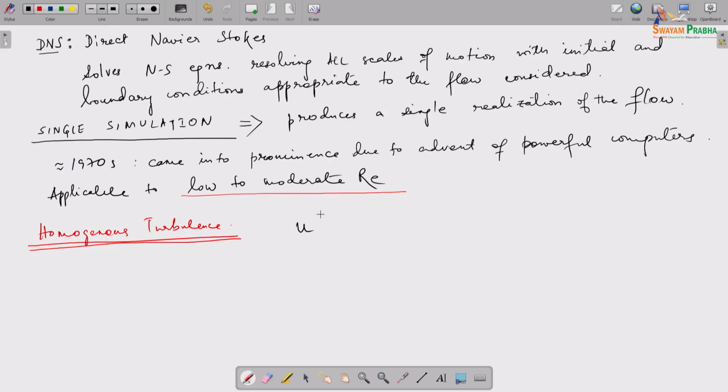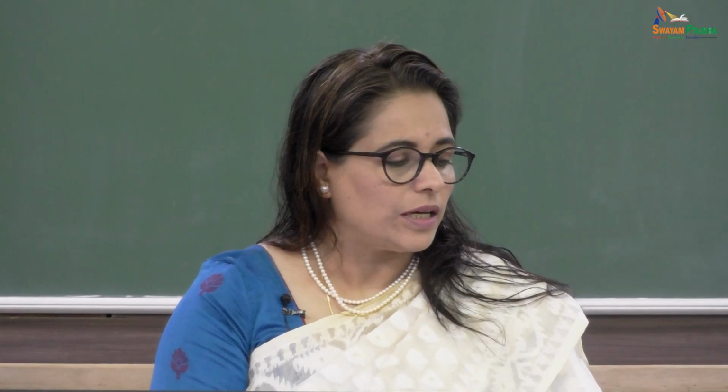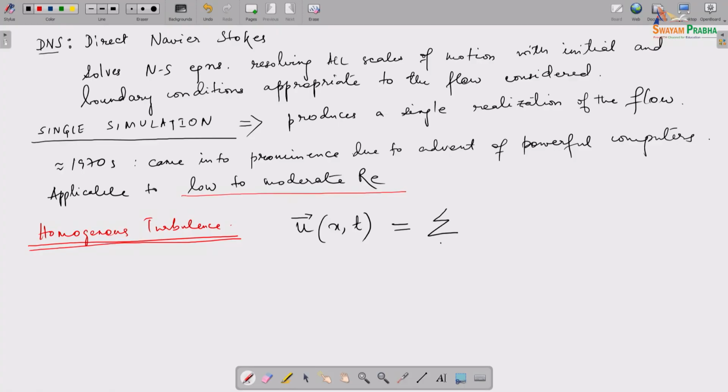So basically, we're going to say the velocity at a point in space at a given instant of time consists of several modes of motion, and we represent that by a Fourier series, a 3D finite Fourier series. I'm going to explain all of this, so bear with me. Something like k e to the power